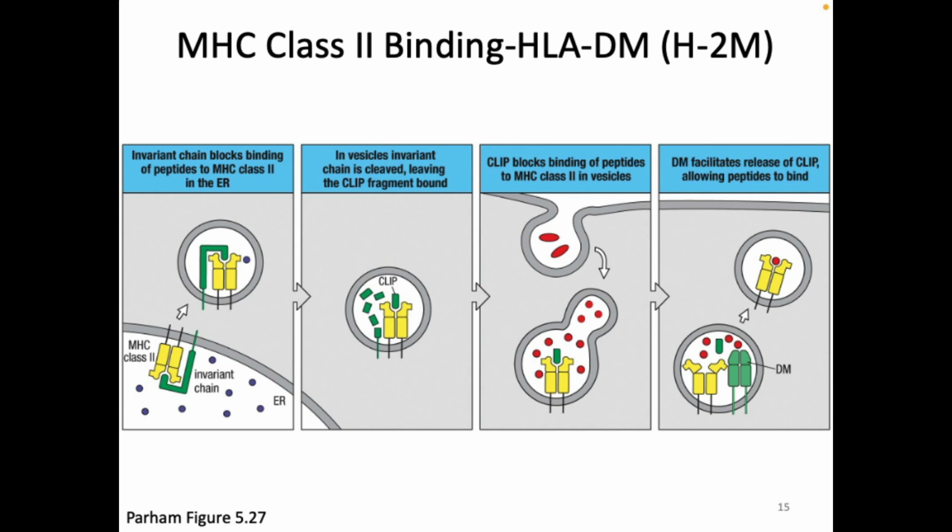Eventually, we degrade invariant chain and just have CLIP left in the MHC Class II pocket or cleft while we're traveling. Then we get to the location of the peptides and we see MHC Class II has CLIP. It would like one of these peptides. And HLA-DM actually comes and physically interacts with MHC Class II to try to dislodge that CLIP peptide